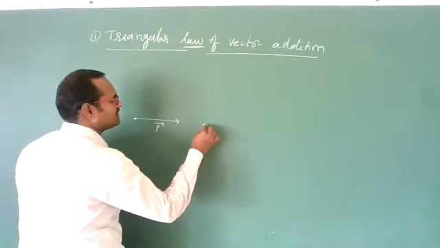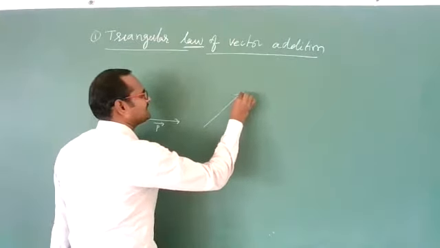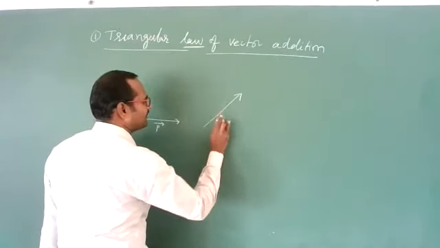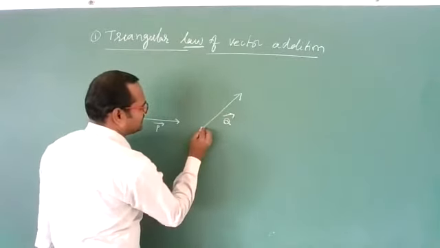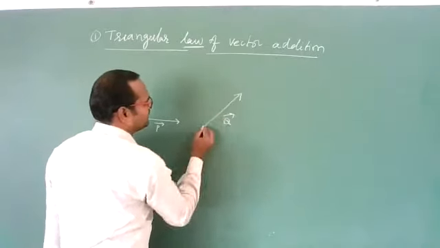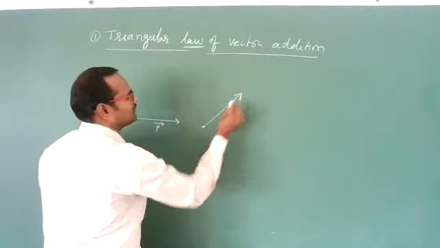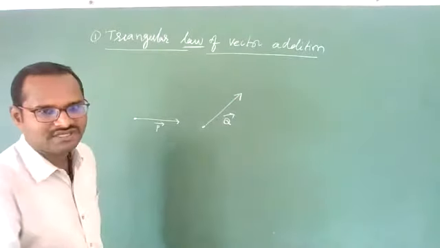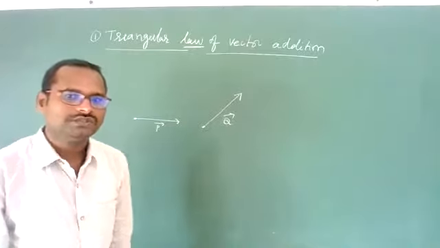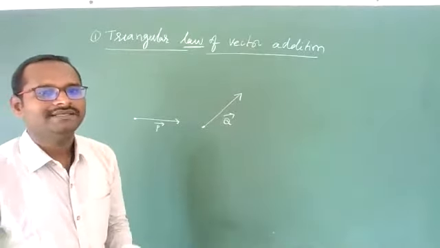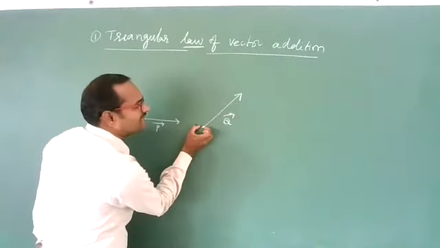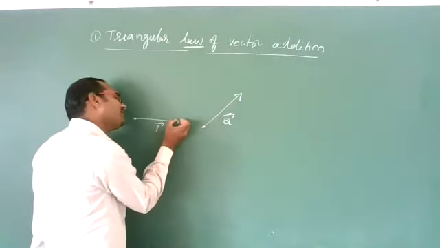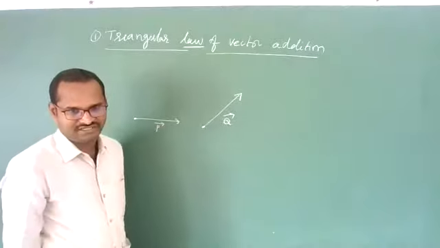The tail is here, the head is here. Now we should add both of these. How to add? Which vector are you going to add? Bring the tail of the second vector